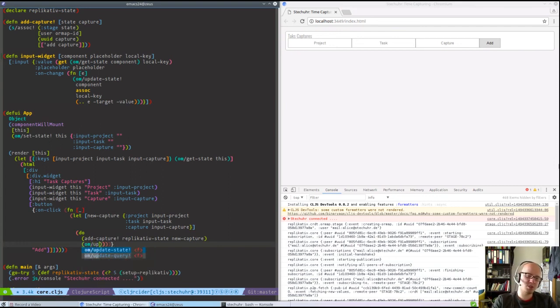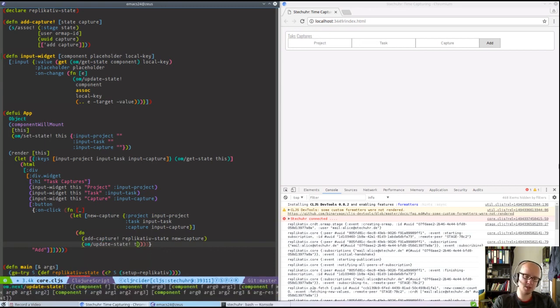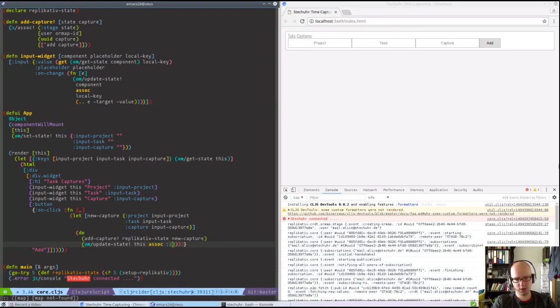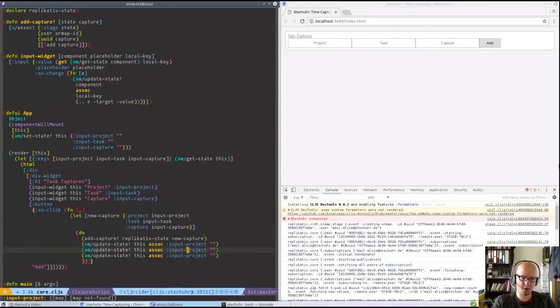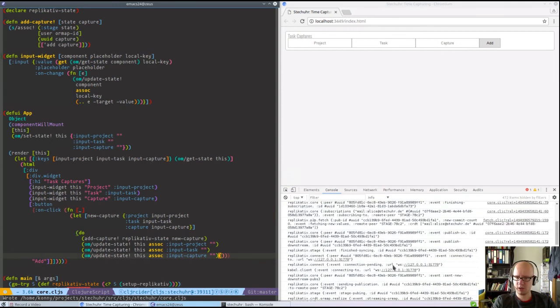Okay, and now we have just to clean the local state. We say update state this, and then we say okay, input project needs to be empty, and we will do this for all three things. Maybe I will clean this up, but for the moment it's faster this way. Input task, project, and capture, and that's it. Now when